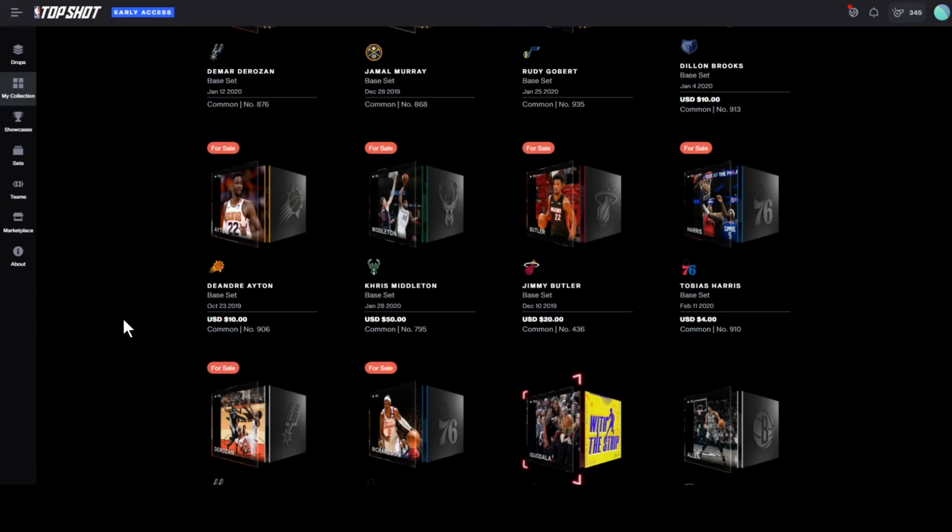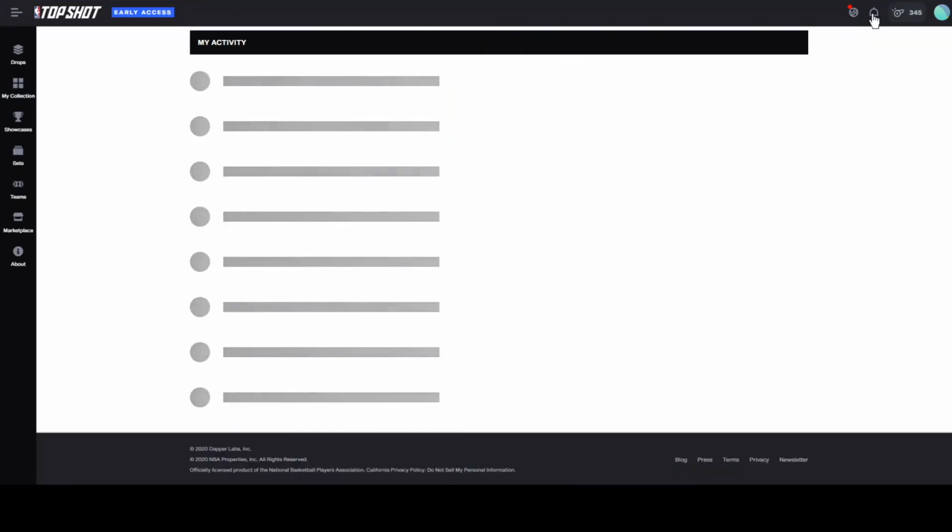I recommend just keeping track. I have a spreadsheet. I track the players, the serial numbers, the price I put it for. Definitely want to keep track of that for now, because if any issue comes up, having that serial number is important. And then a new thing they added on your activity feed